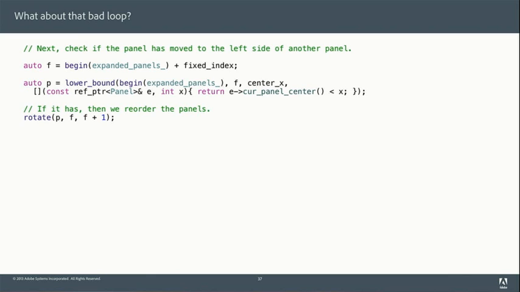Okay, so we'll just raise that calculation up, and now we can replace the find if with a lower bound, and we can do a binary search for that guy. And if we don't find it, we do a rotate, which doesn't do anything. Okay, so now the code before with the find if was perfectly fine and reasonable and would work. Okay, but now we just took something that was linear complexity and we cut it down to being log n complexity. Okay, so the code gets a bit simpler.